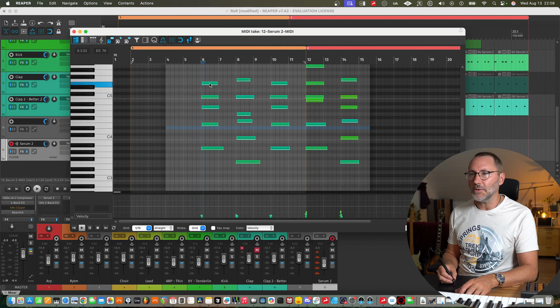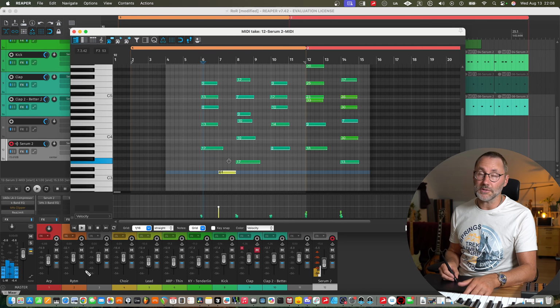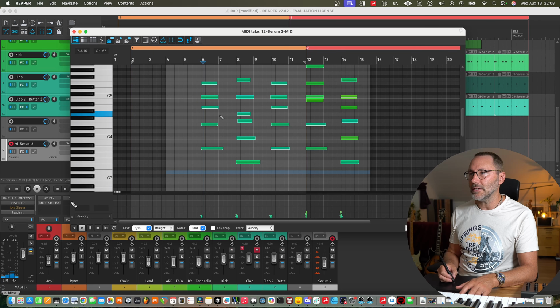But anyhow, so here we can right click and select notes. You can move these notes. You can also insert notes, just like so, and make a double click to remove notes. And if we add a note, we can also control the velocity instantly on the note. So it's actually quite quick to edit in here.